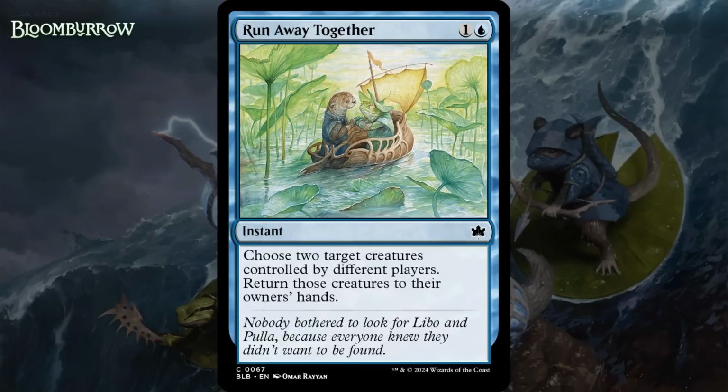Next up, it's Run Away Together, which for 1 generic and a blue is a common instant. Choose 2 target creatures controlled by different players. Return those creatures to their owner's hand. I didn't think this was going to be very good in Throne of Eldraine,